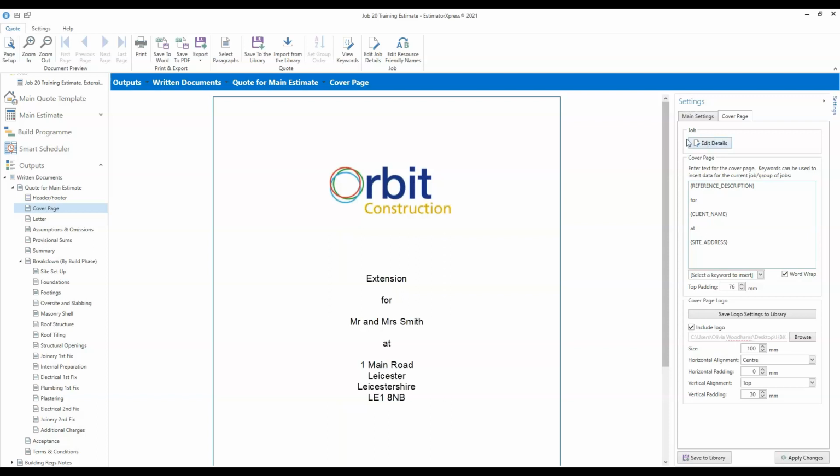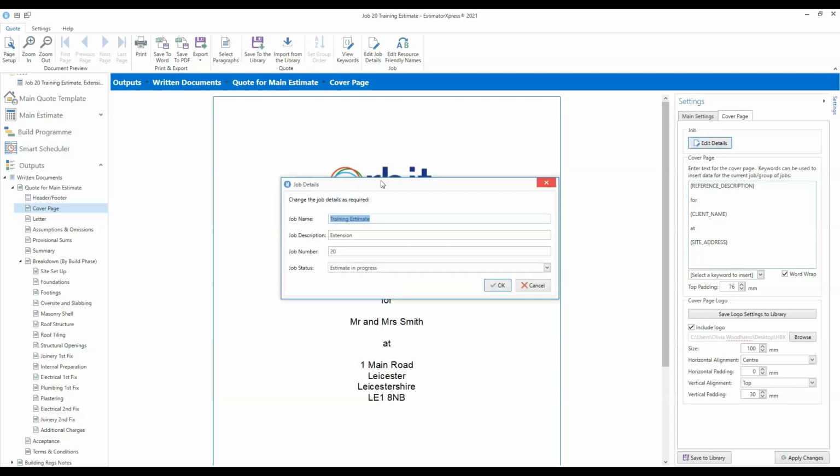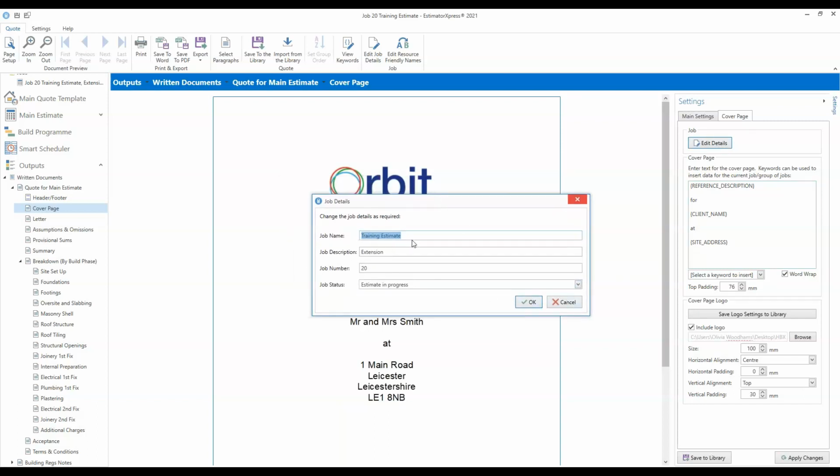If you're not happy with the job details, how they're displaying, you can click edit details and you can change the job name. So for example, I've called my job name training estimate,